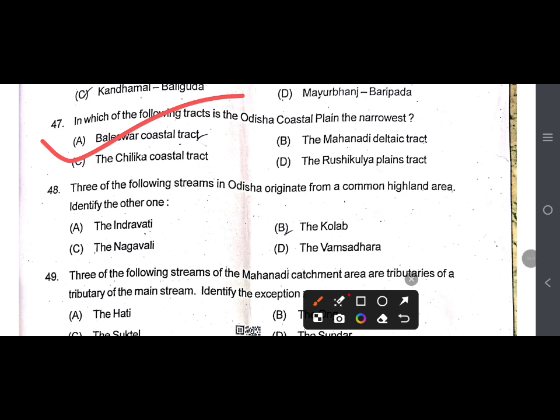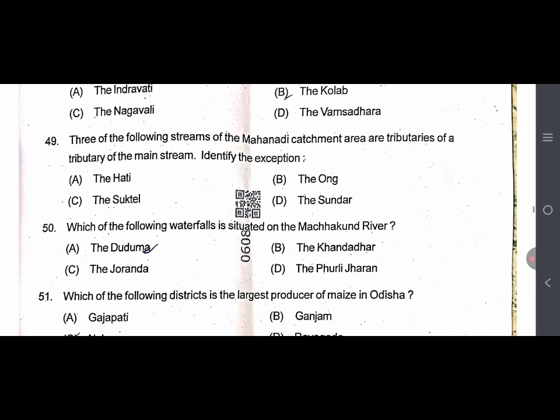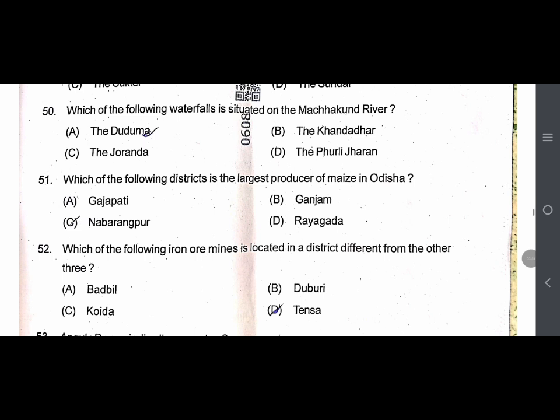48. Three of the following streams in Odisha originate from a common highland area. ठीक आंसर टी हबो द इंद्रावती 49. Three of the following streams of Mahanadi catchment area are tributaries of the main stream. Identify the exception. ठीक आंसर टी हबो ऑप्शन ए 50. Which of the following waterfalls is situated on the Machkund river? ठीक आंसर टी हबो द डुडुमा